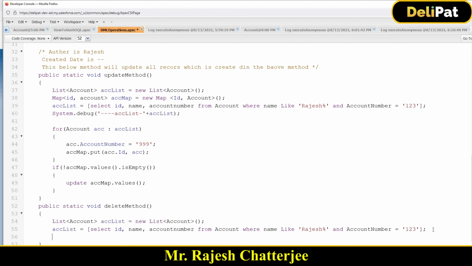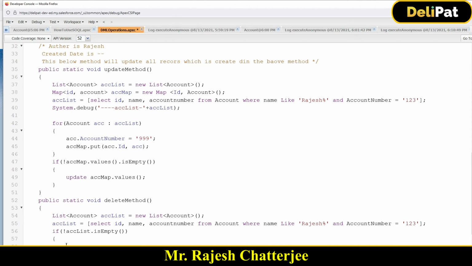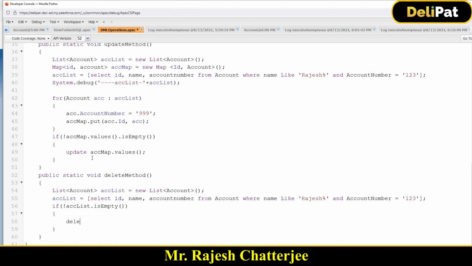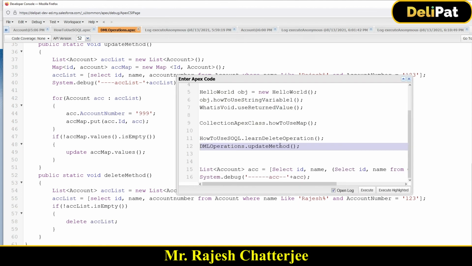So it's simply: check if ACC list dot isEmpty. Always check isEmpty. Okay. If it is not empty, then what you're going to do is open the brackets and just delete ACC list. Very simple. By the way, if I execute this delete method, what's going to happen? That record where the name matches will be deleted. Okay, I'm going to call this DELETE. If I click on execute,